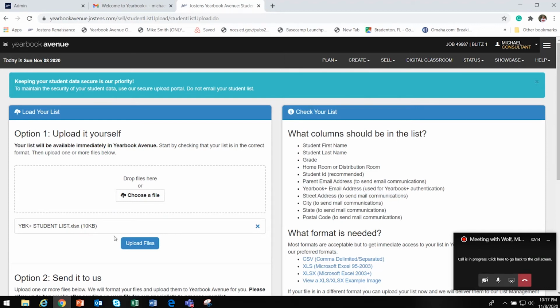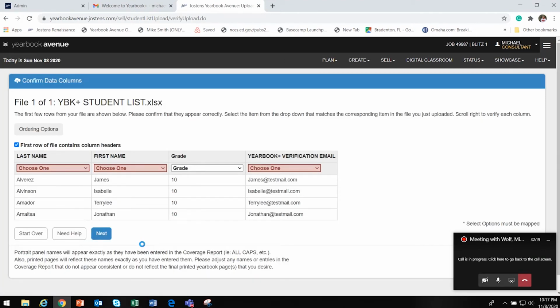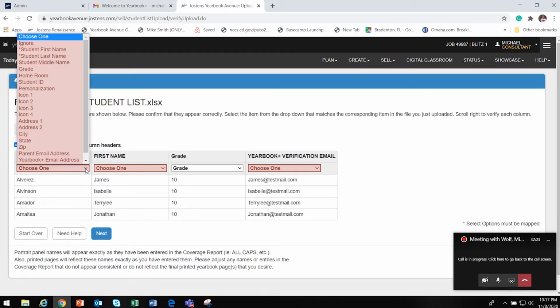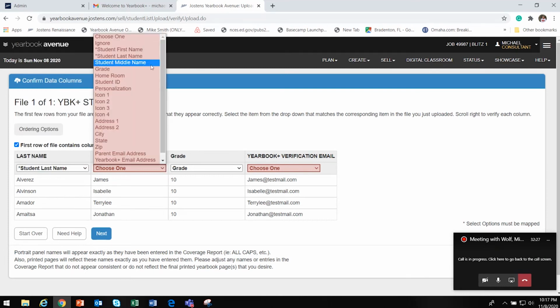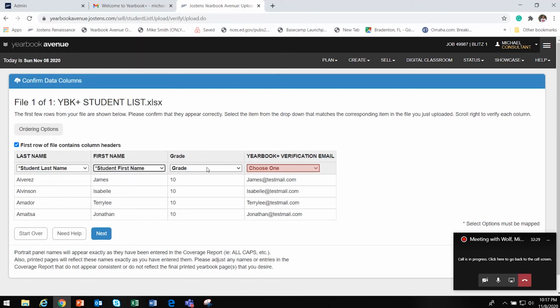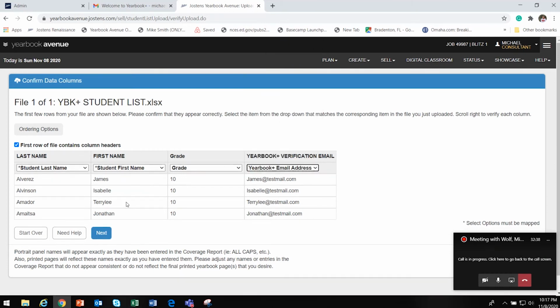and you can see that it populates here. Now I click on upload files. The important part is mapping those fields to the appropriate ones. This one is student last name, so I'll select that. This one is student first name, so I'll check that. Grade is already populated. And then here, we're going to want to choose the Yearbook Plus email address. Then, once you click next,